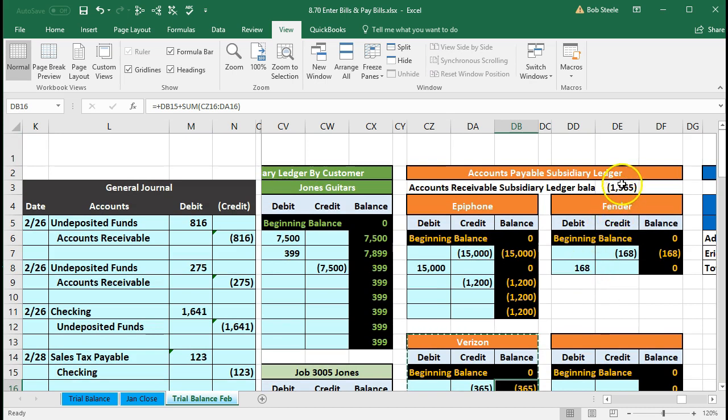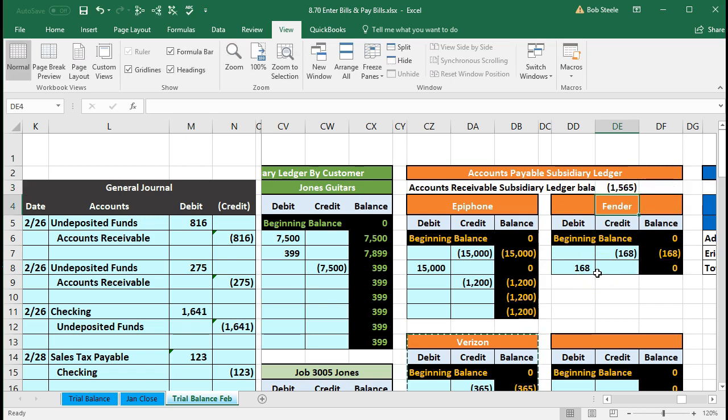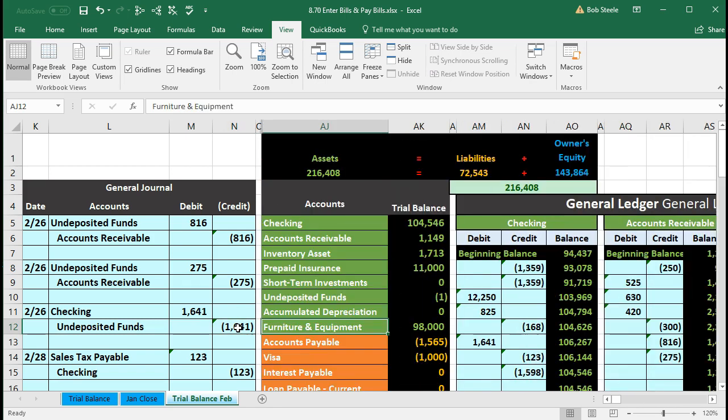Scrolling back up, we see this is picking up all of the people that we owe money to, and that balance is 1,565, which hopefully matches what's on the trial balance. Let's check it out. To do so, we're going to put our cursor right on the left-hand side of those frozen panes, scroll to the right until it pops over, and there's the amount, accounts payable in AK13,